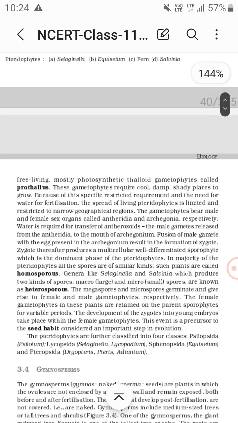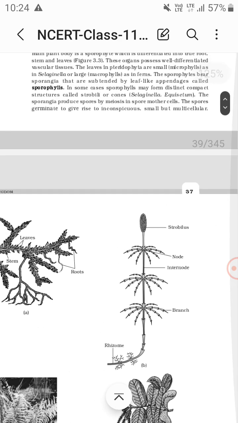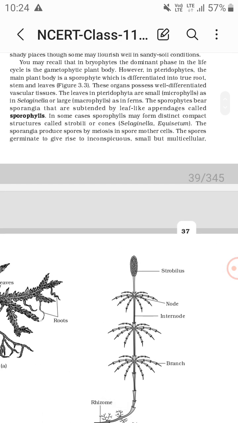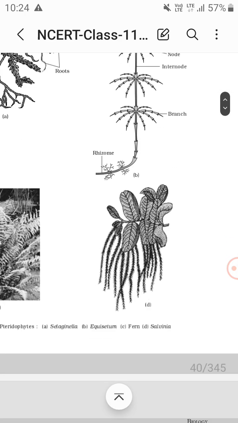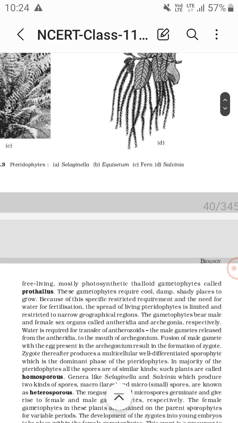Now talking about the prothallus, what is it? It is the gametophyte of pteridophytes. Now what is that? The spores germinate to give rise to inconspicuous, small but multicellular, free living